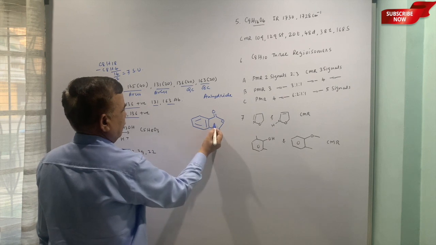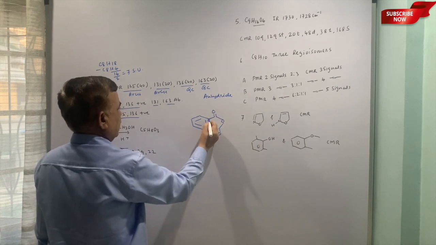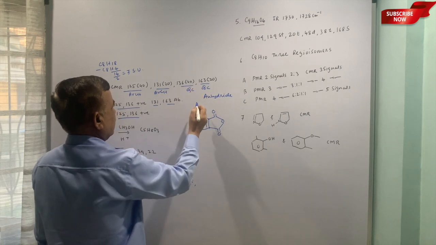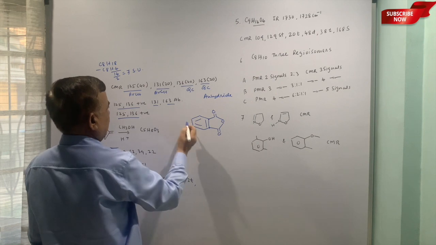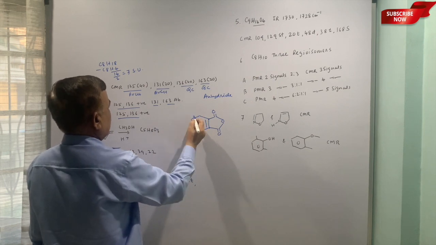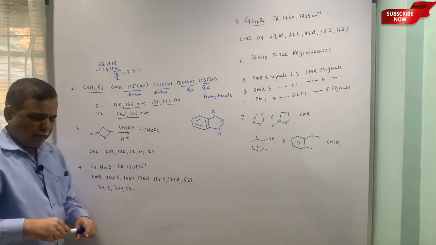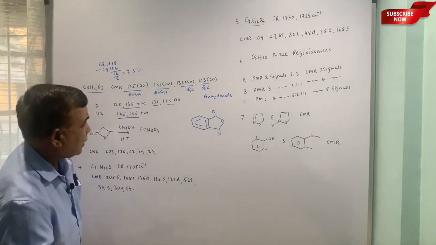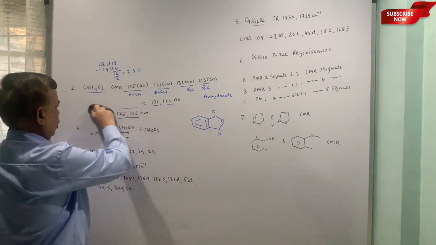four, 5, 6 and 7 degrees of unsaturation. These are the quaternary carbons, 136, these are 163, 131 and lastly 125. That is how the CMR values will go, and that is the structure of phthalic anhydride, the very well known compound.